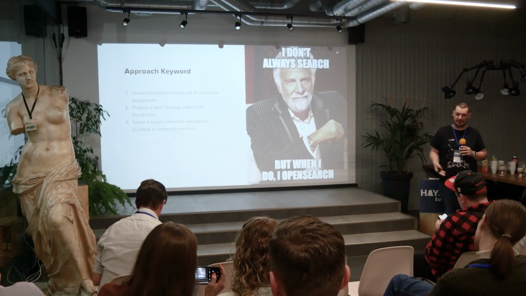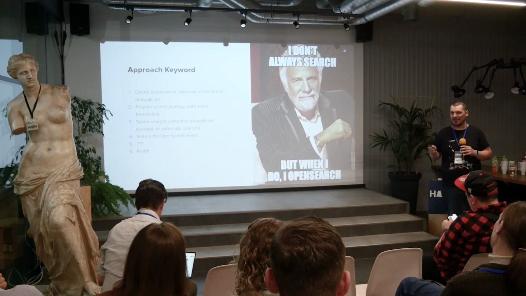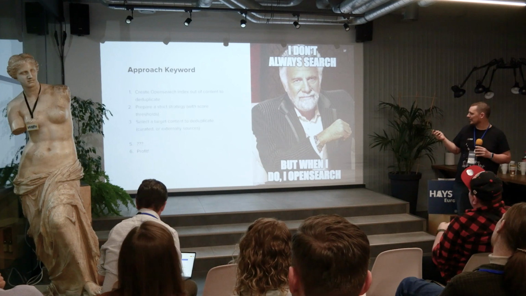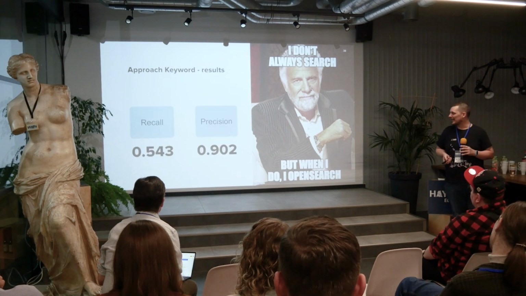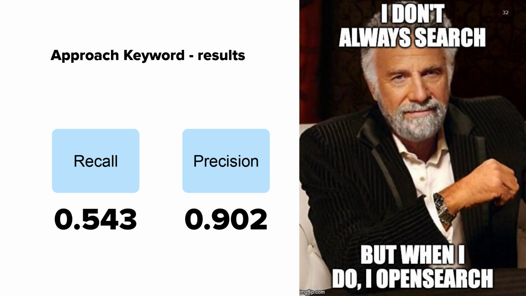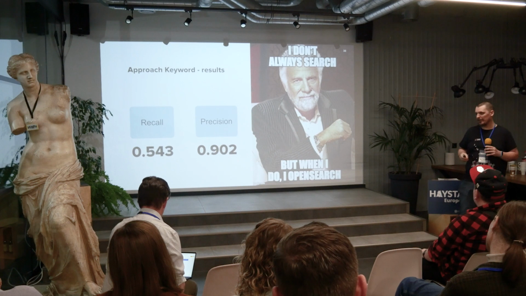So again, the same target content to duplicate. We basically search all the questions through the OpenSearch index and got our results. And results. Oh, now you're animating. That's interesting. Okay, here you are. I don't know what happened. So those are the results. And the fun part is they actually are better than our best effort for machine learning, using machine learning and a vector approach. That wasn't even a goal, and this is only some values I've selected that had the biggest